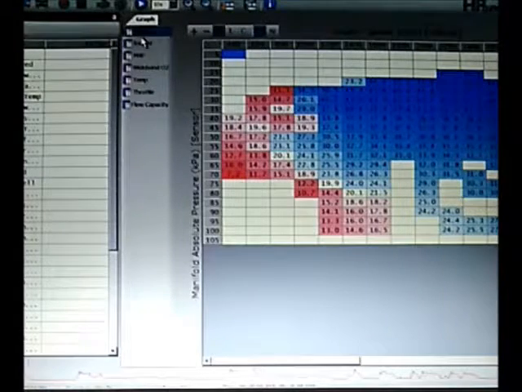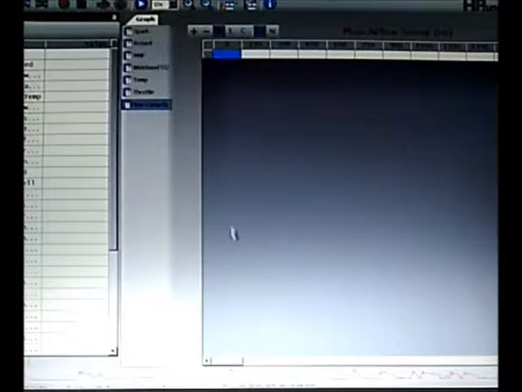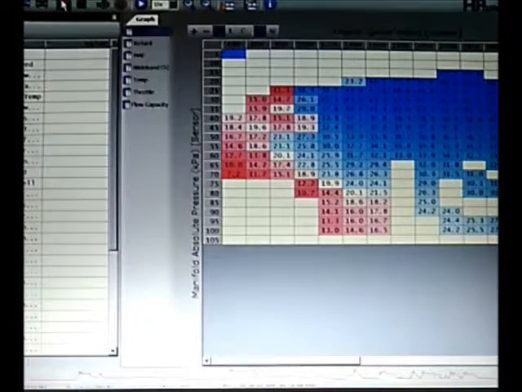Then you just want to click through each of the tables to make sure that values are actually showing up on the screen. You might have to scroll a little bit in some cases to see the values, but make sure that they're all working properly before you take off in your car. Usually what I would do is start scanning, check every graph to make sure that they're all recording properly, check your PID list, make sure that everything's good, and then when you're done, you can hit the stop button